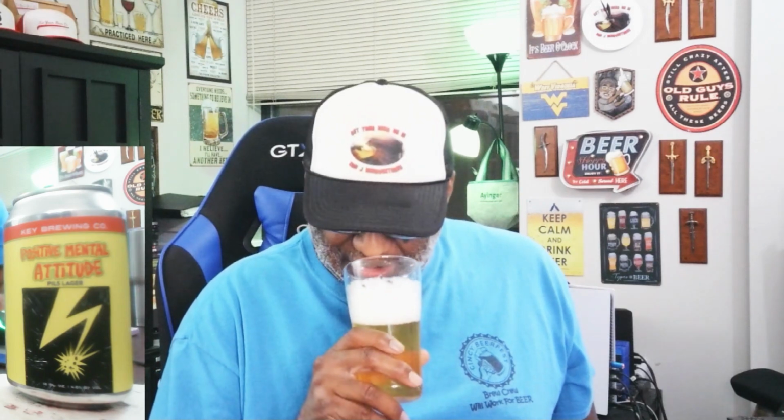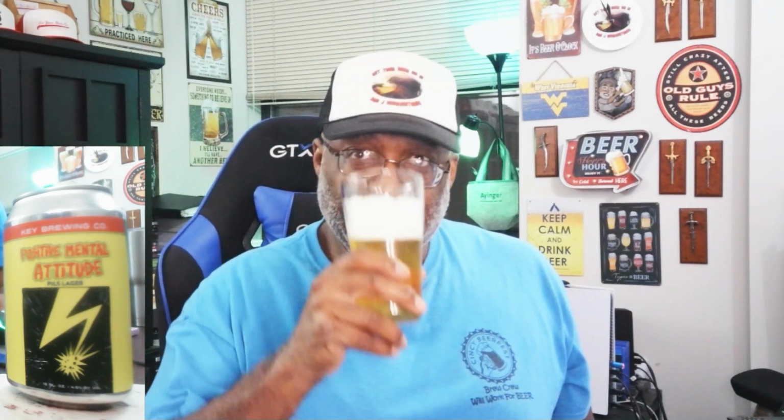The floral part, definitely the lime zest as well, both coming out. Comes out rather easily on the nose. Has a nice clean feel to it. While I wouldn't say there's any kind of soapiness on the nose, there's really a nice floral presence as I mentioned. And then kind of that lime there that usually some of the lime will pick up in some of the styles that are considered to be kind of like some of the Mexican type lagers. It has a nice feel to that with the zest. Taste wise,